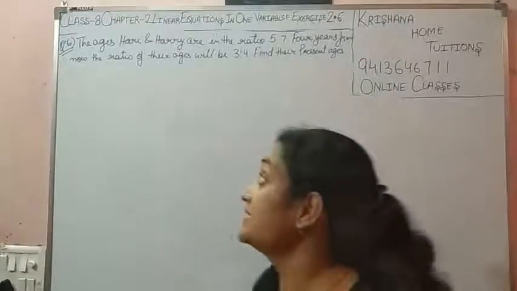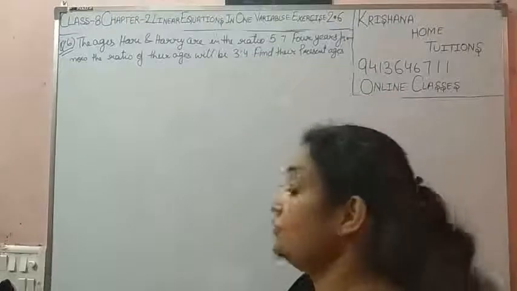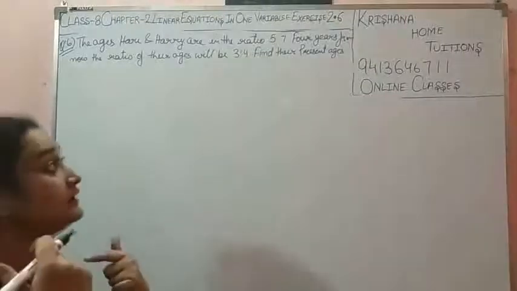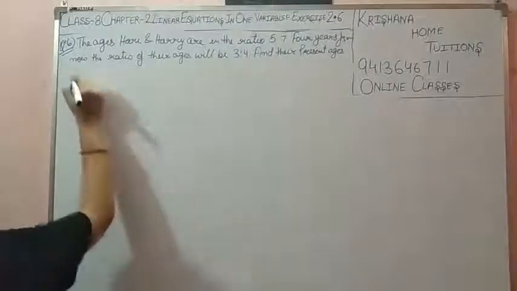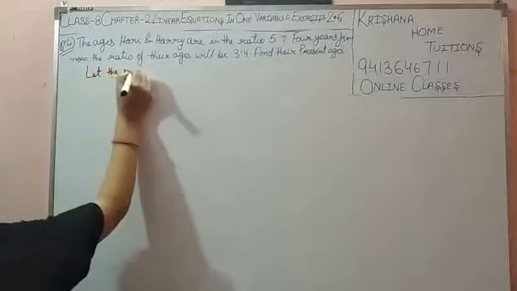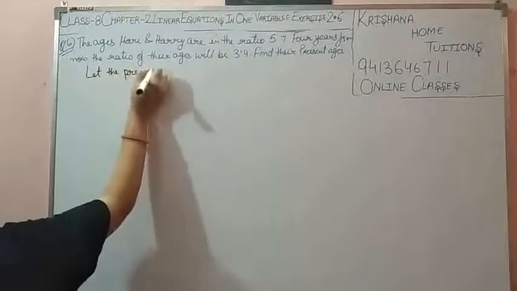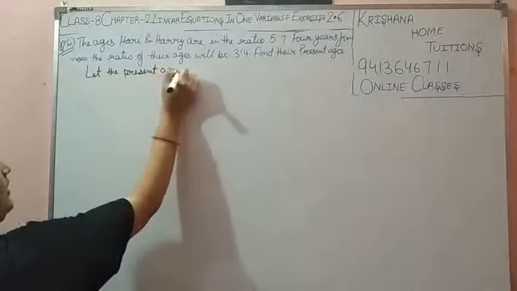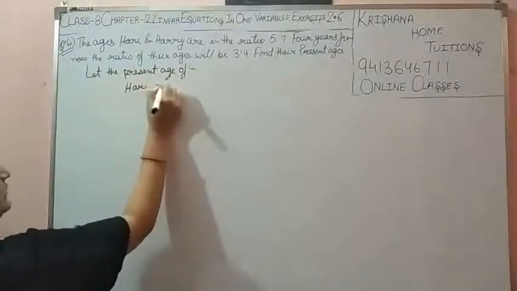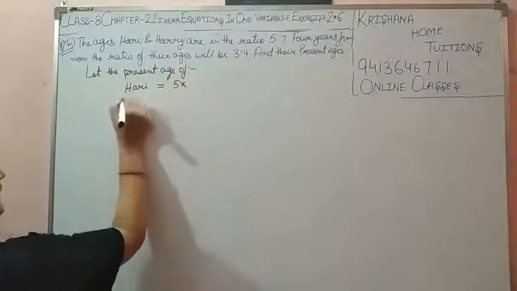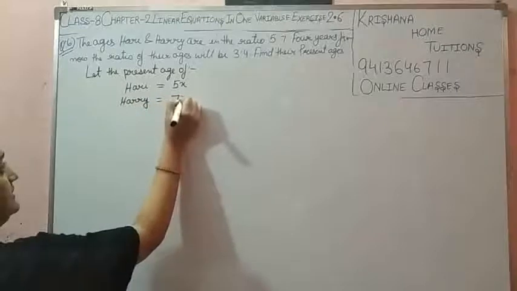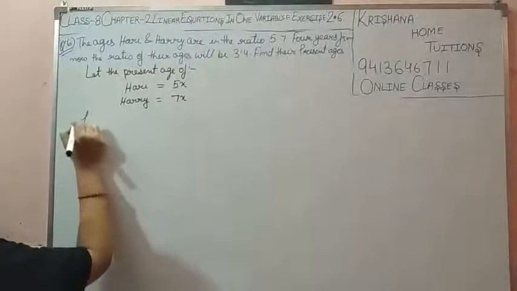Now question number 6. This question is very important. The ratio of the ages of two persons is given for the present and after 4 years. So first we are considering the present age. Let the present age of Hari equal 5x and Harry equal 7x. After 4 years,